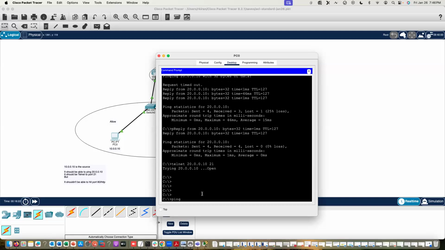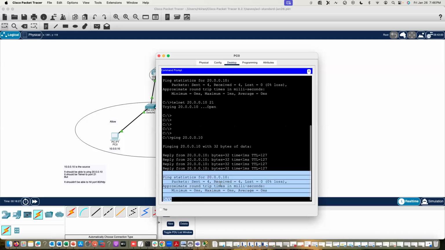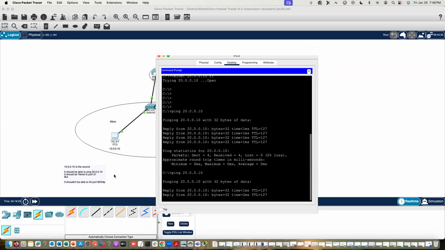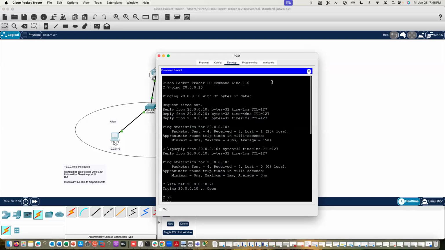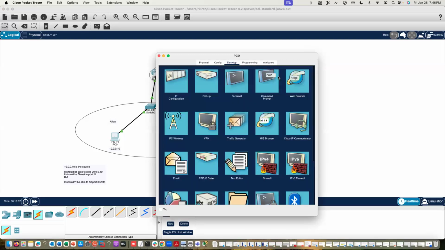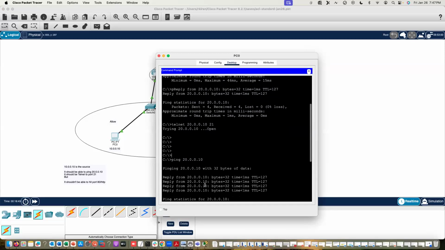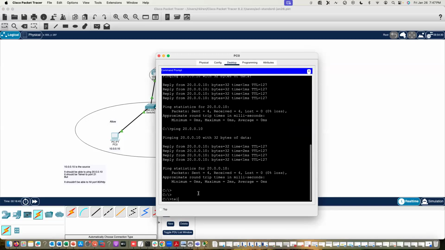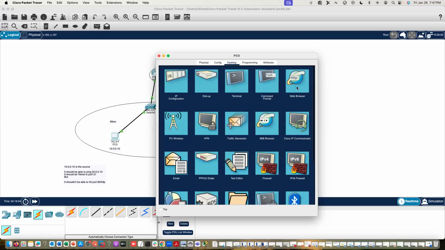Right, now let's see ping 20.0.0.10. See, I was still able to ping it. I was still pinging it, but if I go to the, and if you see, I was still able to. Let's do telnet 20.0.0.10 and then do port 21. I'm still able to hit that specific FTP port. But if you observe the web browser,